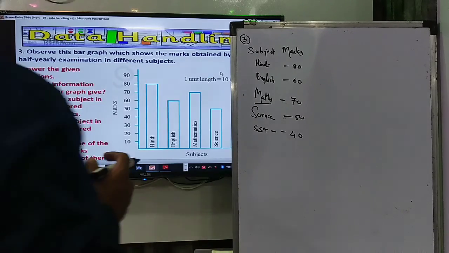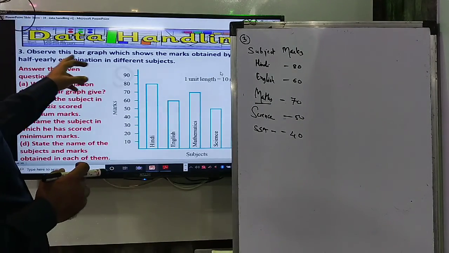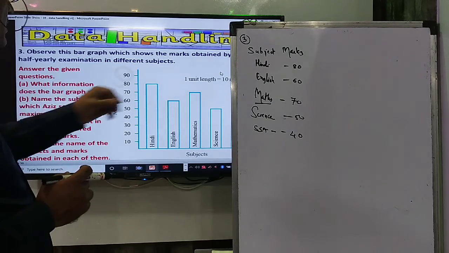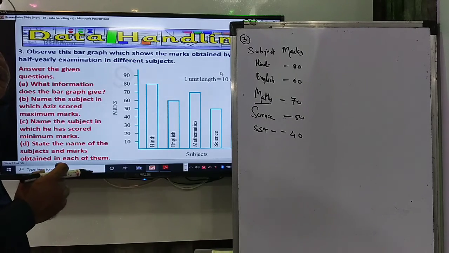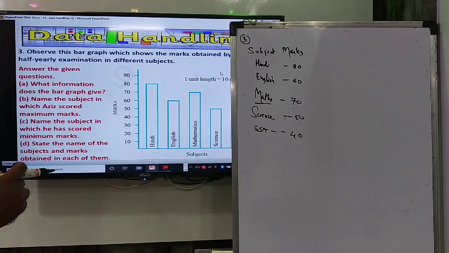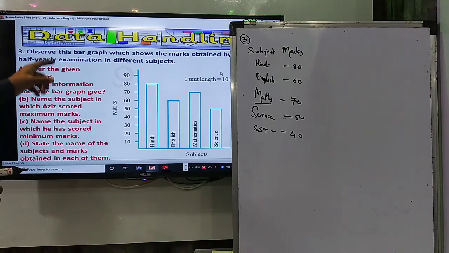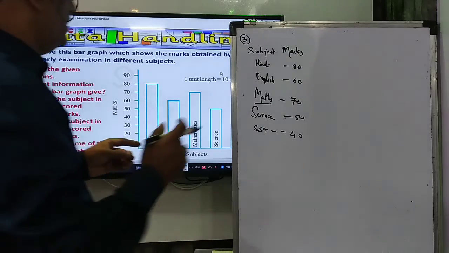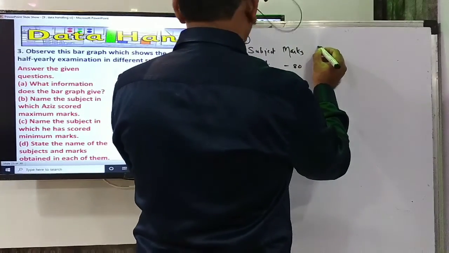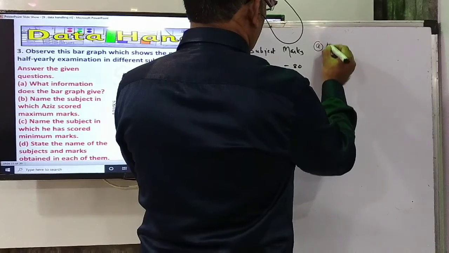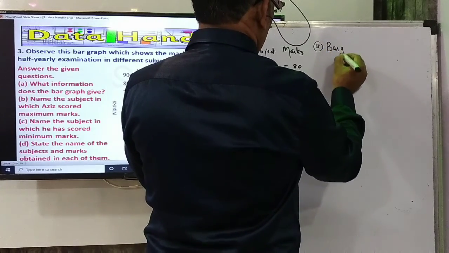Now let us see the third problem of this exercise. Now observe the bar graph. It shows the marks obtained by Ajit in the half-yearly examination in different subjects, and answer the question. So this information itself is the answer to the first question. What information does the bar graph give? This bar graph gives